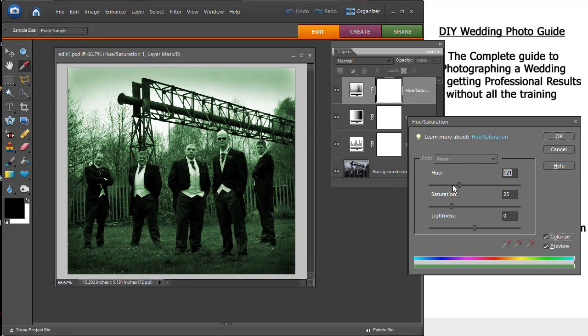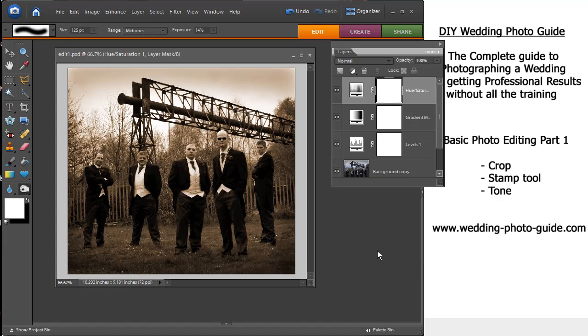And you can tone this exactly as you see fit to get your own desired effect on the sepia toning. There's no hard and fast rules to sepia. You can tone it as you want. But I think something like that, that's a reasonably subtle orangey brown tone in there. And again, I think that's a nice tone. Looks good, and it makes a difference to what we had before. So let's just step back and undo our layers and see